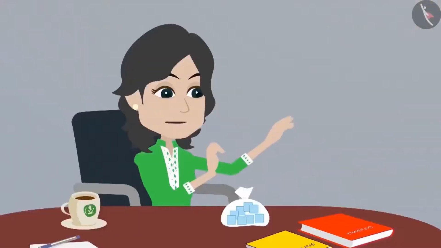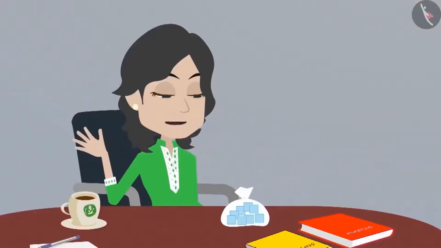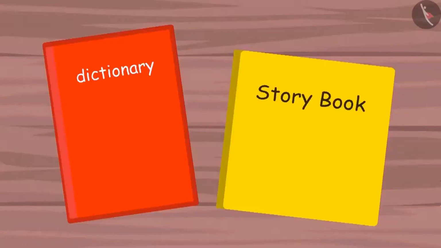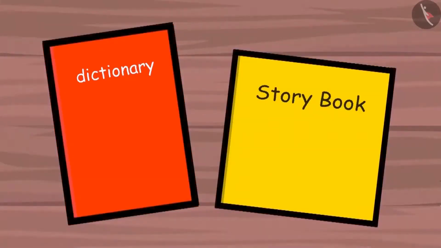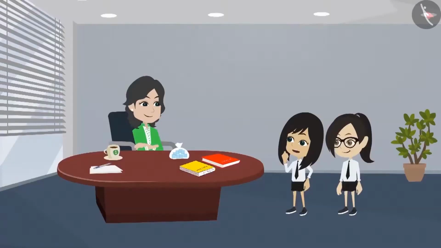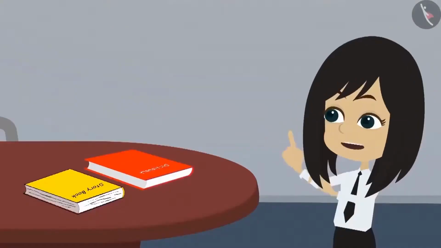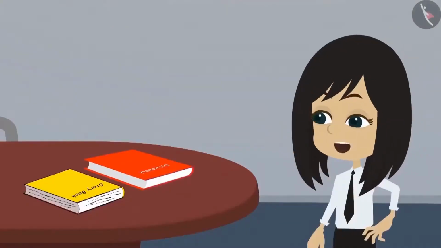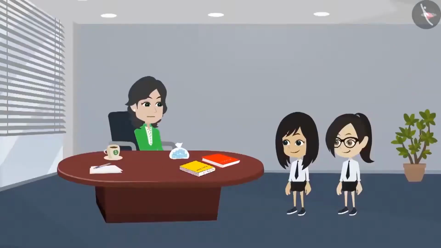Different shapes are measured based on how much space they occupy. Both these books are a quadrilateral, meaning they have 4 sides or edges. Madam, it means that to find out which one of these two books is bigger, we have to find out how much space it occupies. Yes. But madam, how can we find out how much space a shape occupies?